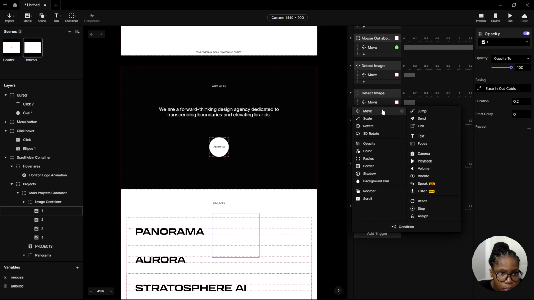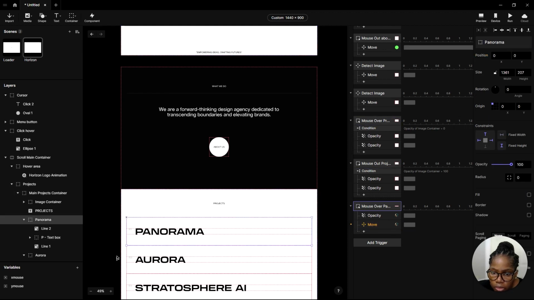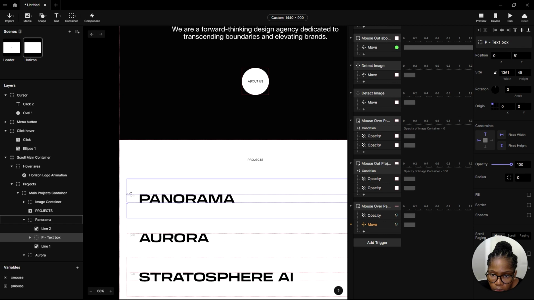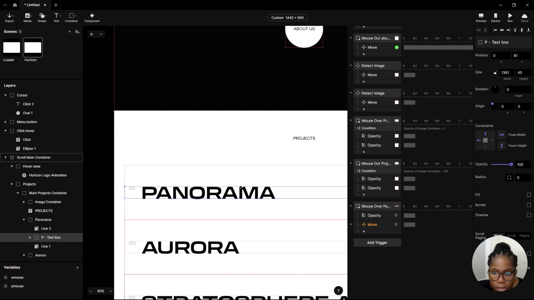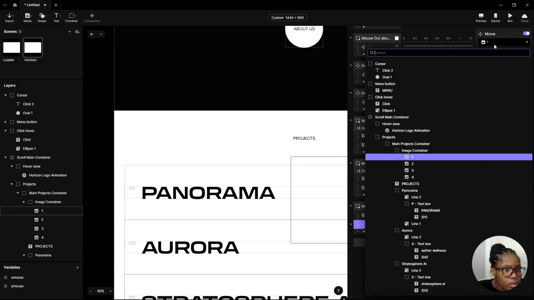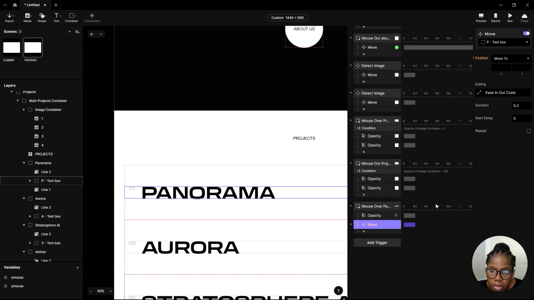And also we want something else to happen, which is we want to move this. So before we add the response, I'm gonna drag these. So this is at 0, and if I move this holding shift, let's say just a little bit, 75 maybe. Okay, I'll take this back to 0. So we want to move the text. You see, this is why I named my layers, so it's easy for me to find whatever I want to. So let's say we want to move this to 75,